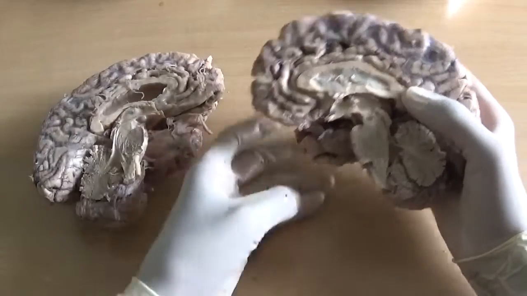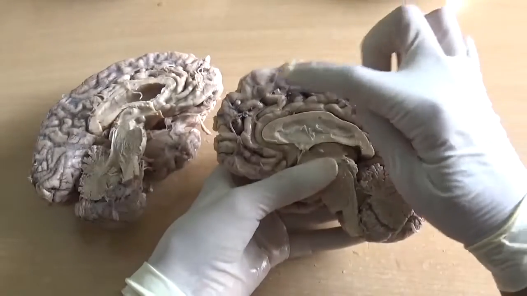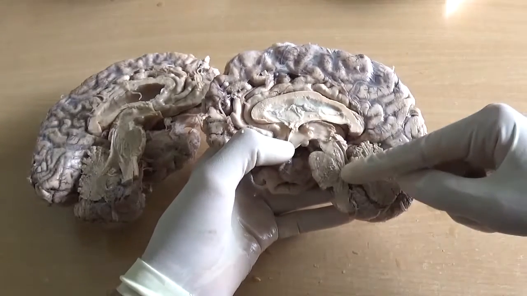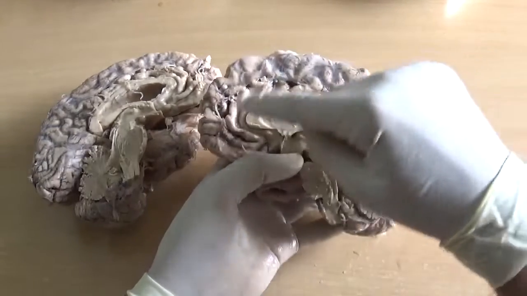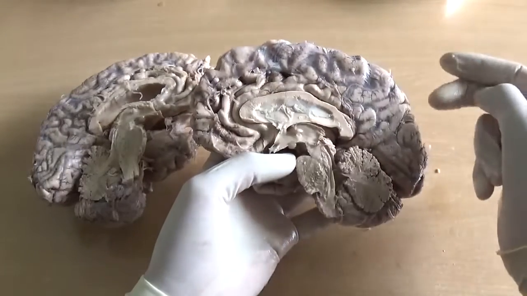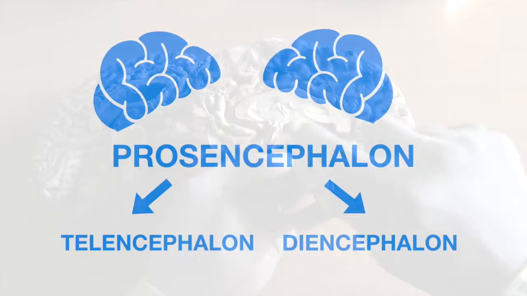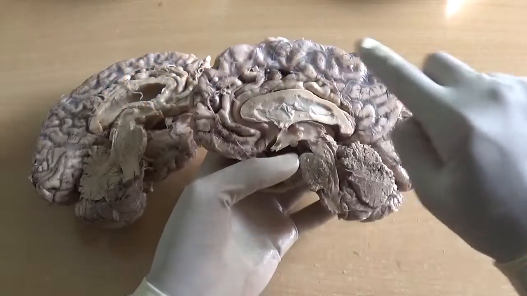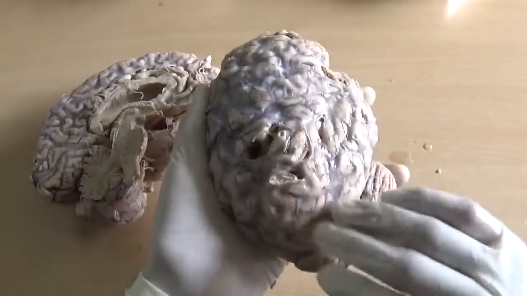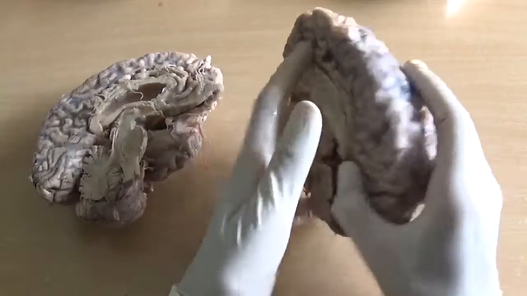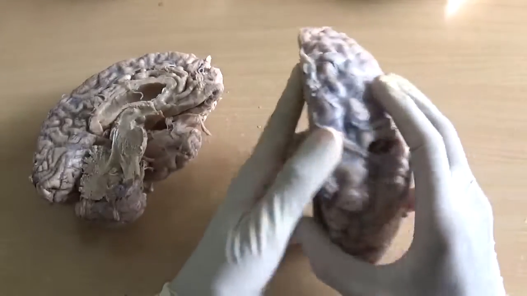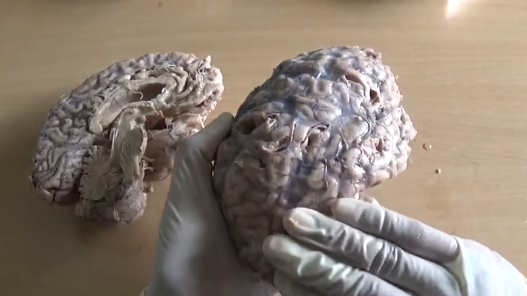Now developmentally, as I told, it is made up of forebrain, midbrain and hindbrain, prosencephalon, mesencephalon and rhombencephalon. So what is prosencephalon? It is nothing but made up of two subdivisions, telencephalon and diencephalon. What is telencephalon? What you see on the surface is the telencephalon, the cerebral cortex and the white matter. Now the cerebral cortex is convoluted, so 2/3 of the portion is hidden inside and only 1/3 of the portion is seen on the surface.